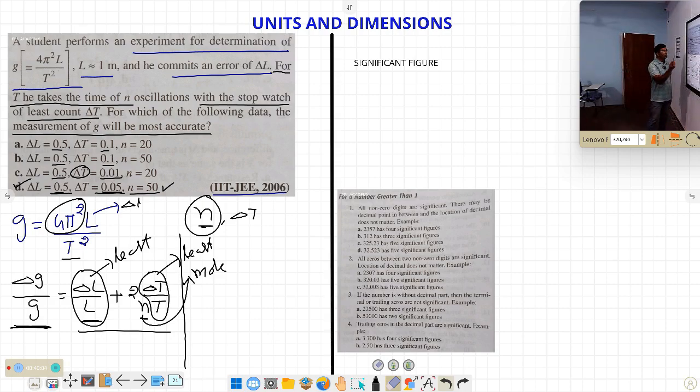Like this, we need to understand the concept of solving these problems. Now, the next topic we are going to discuss is significant figures or significant numbers, and after that